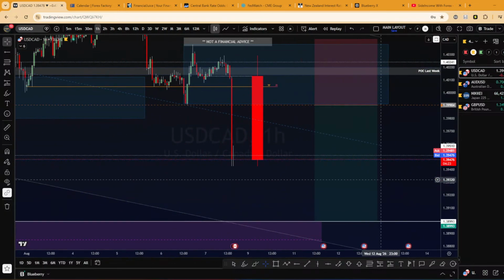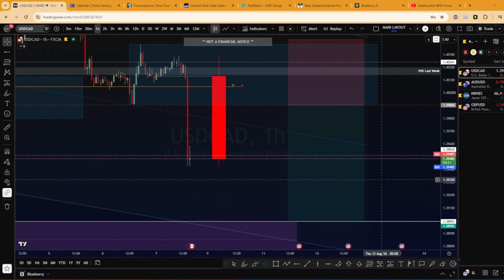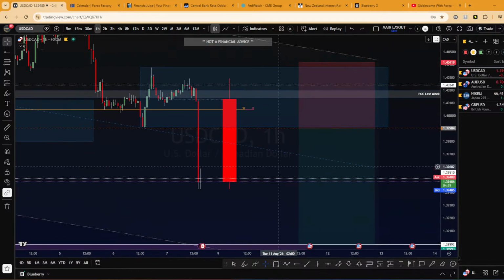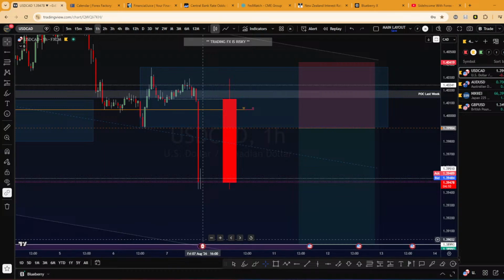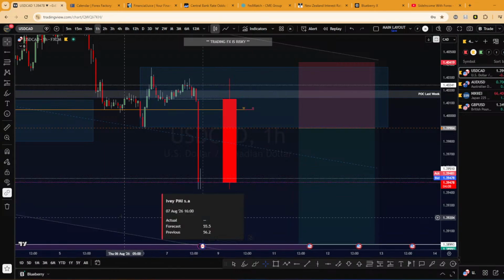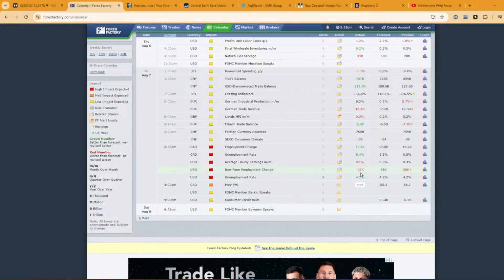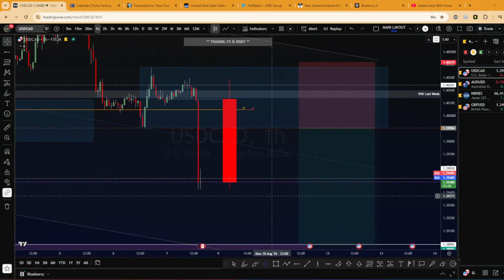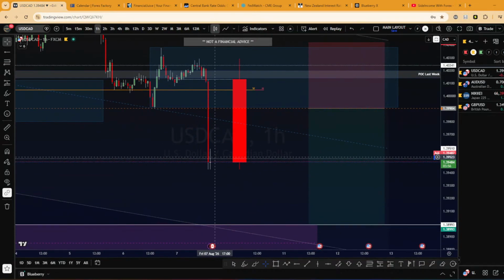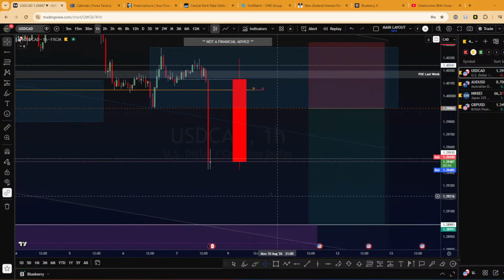USDCAD is about to drop, yeah, without giving us a retracement. It's okay. I would say it's pretty normal because of the last data on the Canadian dollar, which came out very strong, strong jobs data, you see. So it's pretty logical that we could see a further drop on USDCAD.